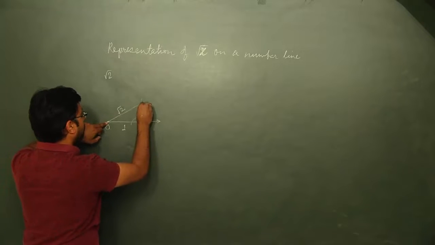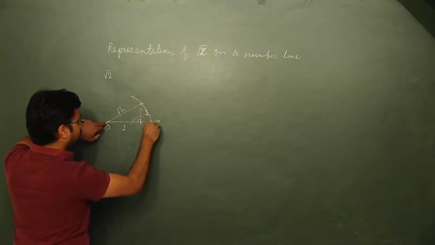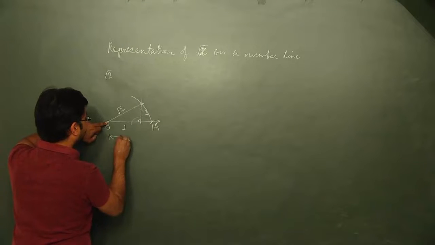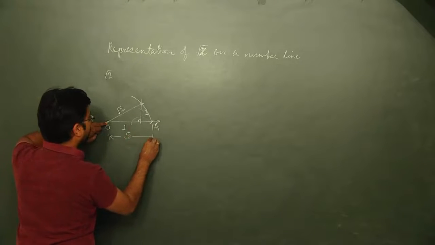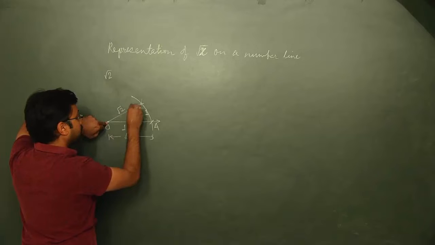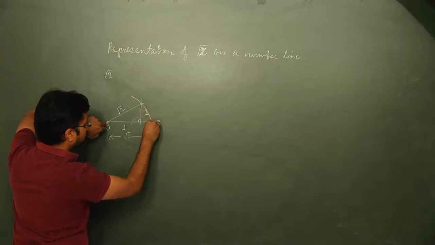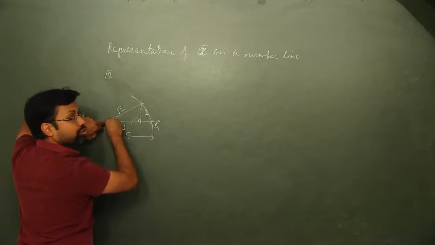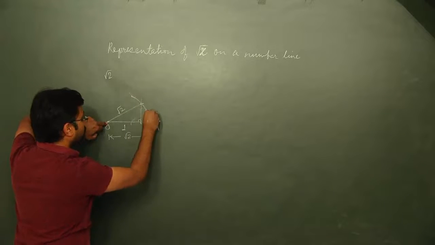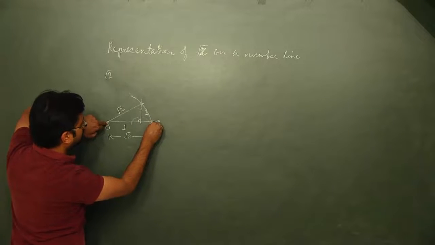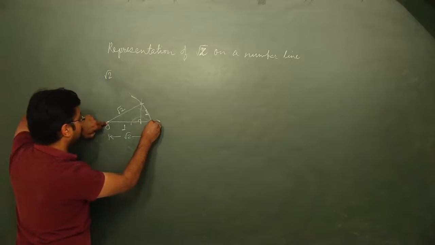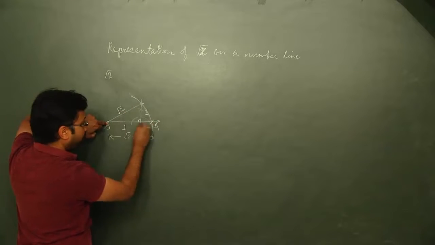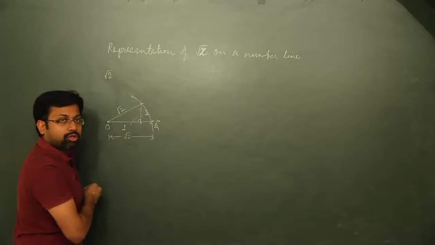So you take your compass, mark an arc here, and wherever it cuts, that point is going to be root 2. Why? Because with O as the center, you are trying to construct a circle. So any point on this arc will be at a distance of root 2 from O. So the point where it cuts the number line, OA would also be the radius of that circle and its value would be root 2 because the root 2 here would be same as root 2 here. So OA is root 2.